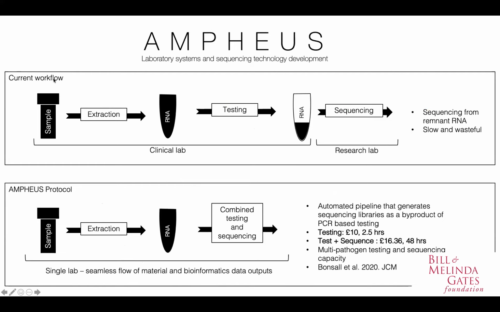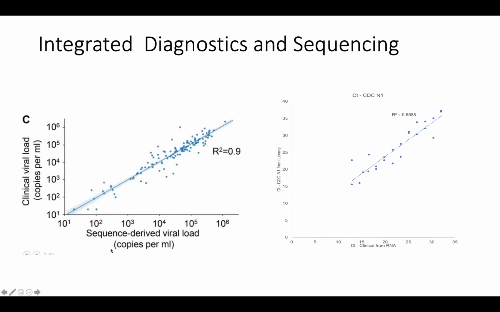And the ability to link the diagnostics with the sequencing is absolutely key. So one of the problems that we face, that all labs working in the COG-UK consortium in the UK face, is that we're left with the remnant scraps of the diagnostic reactions to proceed with sequencing. So the better solution is to think about a single way whereby you generate your libraries, and as a byproduct of generating the libraries for sequencing, you're generating the diagnostic information as well. And so we have developed that method, and we're able to get a PCR estimate of